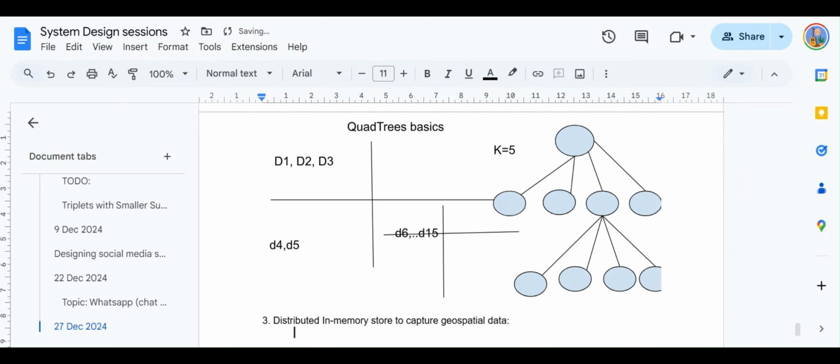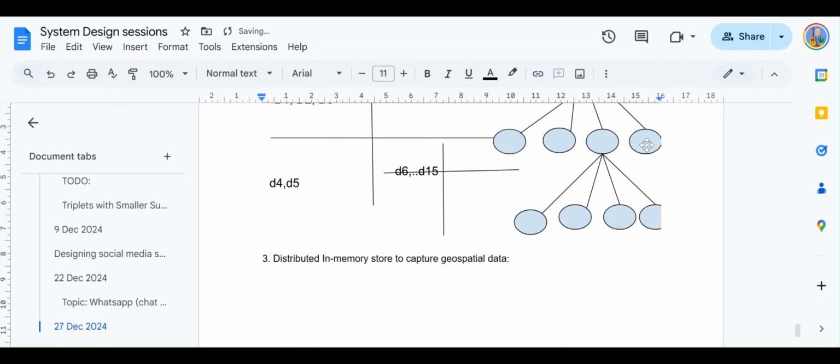Redis is going to be useful for this. We're going to use Redis geo hashing.